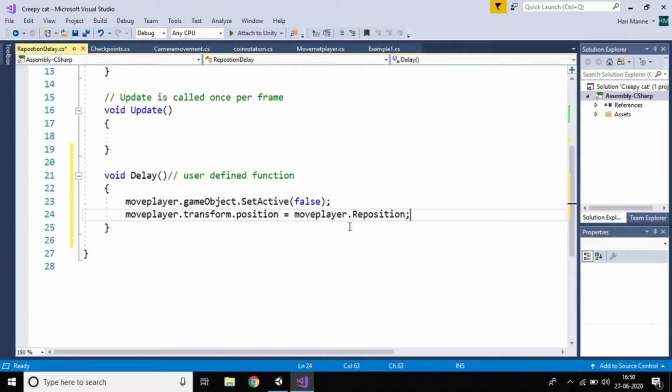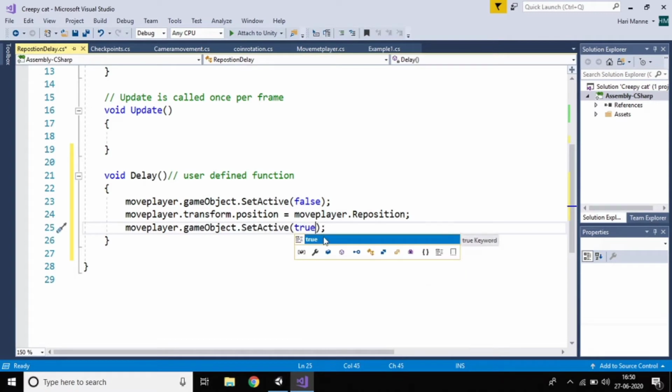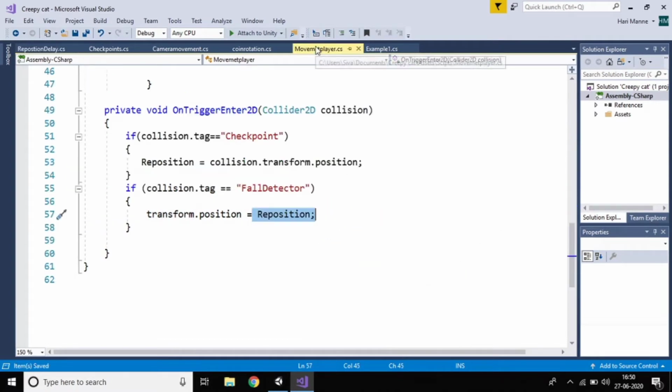Yes, so we are taking that value, and now our player should be true. So just copy this and paste it here, it should be true. Then control S.